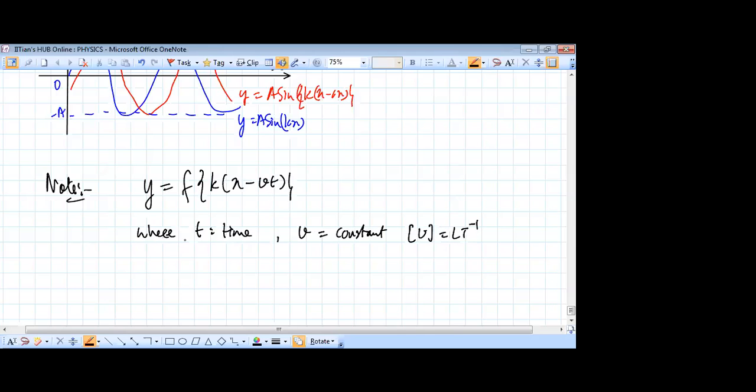Okay. So then what is happening? This is a function. This represents a traveling function,